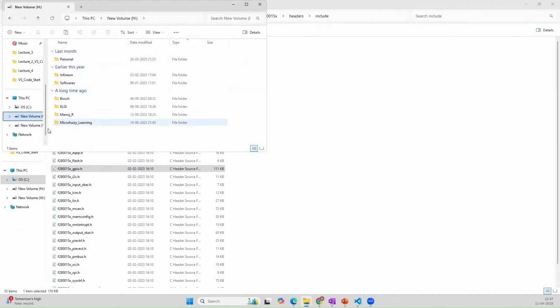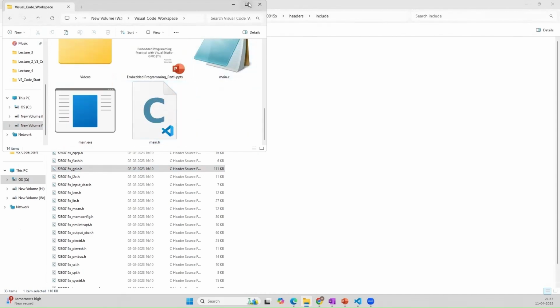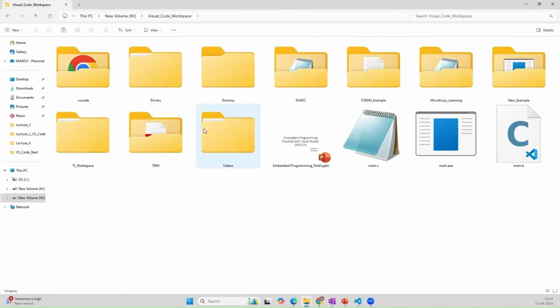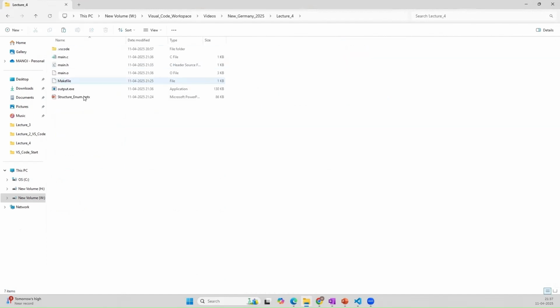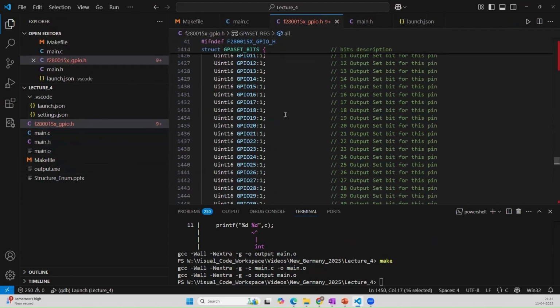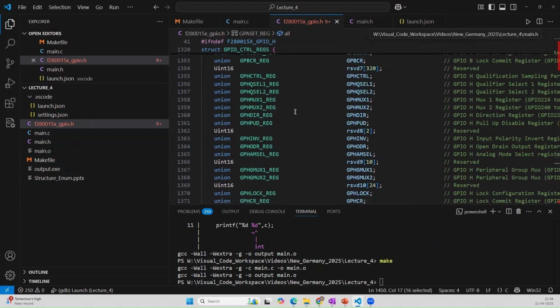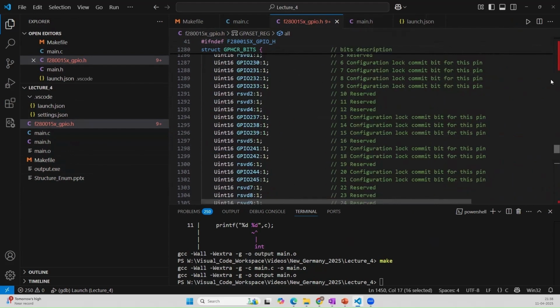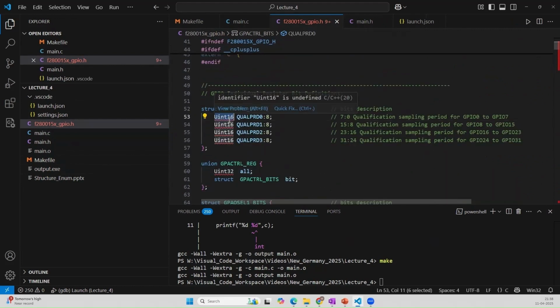So our example is in Visual Code, and then videos. Yeah, so this is my place, lecture 4. I'll just paste over here. Then you can see it comes directly. Yeah, you can see it has come over here. Now what we will do is, you can see maybe the compiler will not recognize